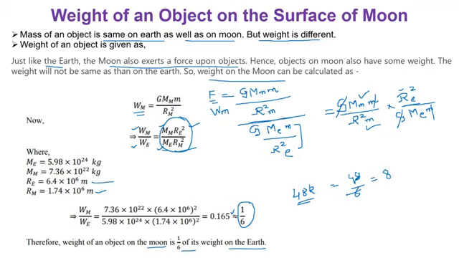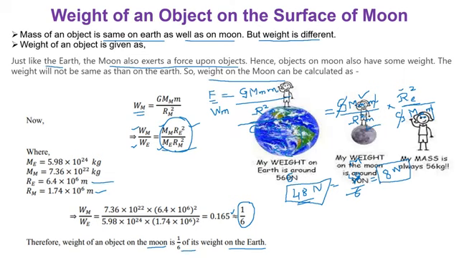Sorry, 8. It should not be kg, children. It's weight, so it should be in Newton. Weight should be in Newton. So I'll just erase it. Fine. If the weight of an object on the Earth is, let me take a pen, 48 Newton, then the weight of the object on the Moon, this is Earth, this is Moon, on the Moon it will be 8 Newton. Why Newton? Because the unit of weight is Newton. So it should be very much clear.